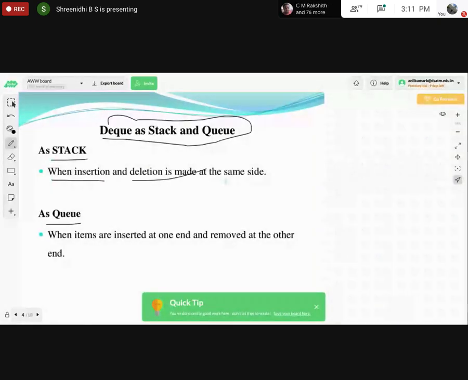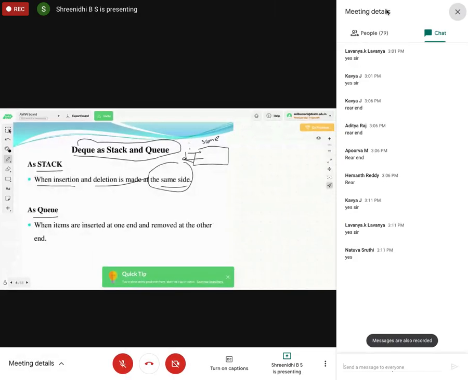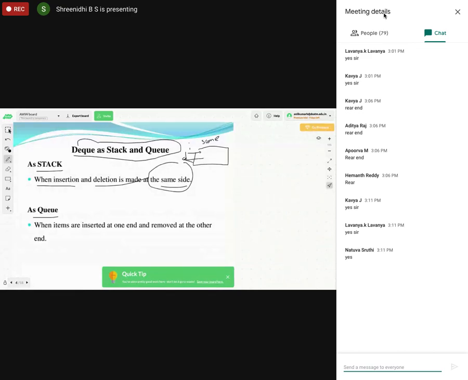When insertion and deletion are made at the same end, consider a queue where both insert and delete are done at the same end of the queue, right? In that situation, we call it a stack.